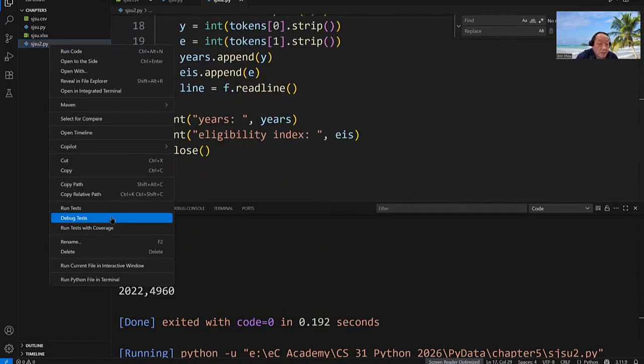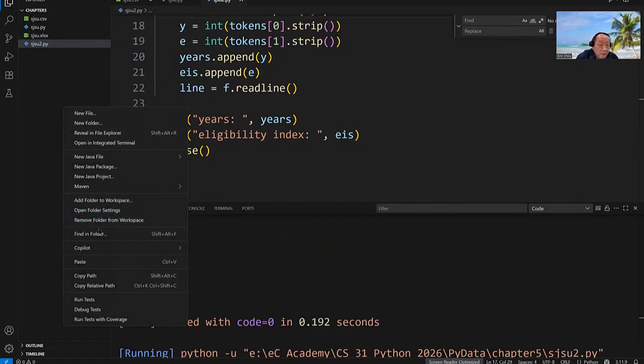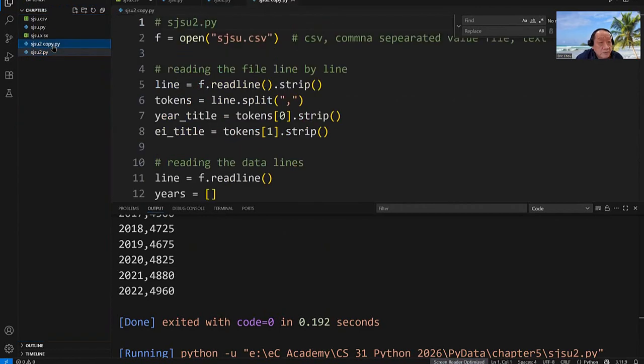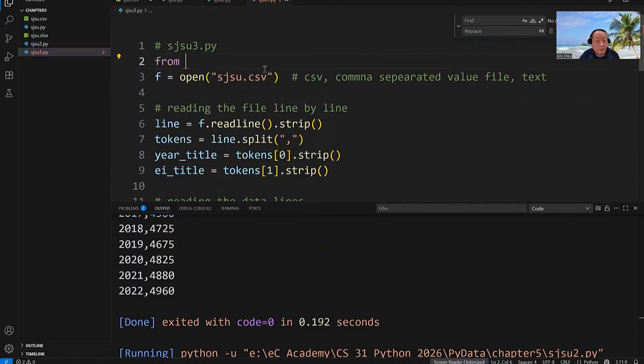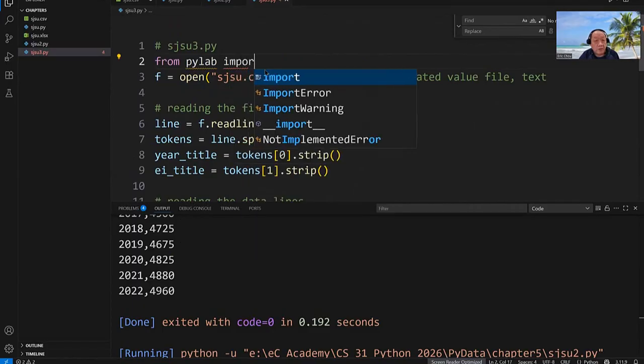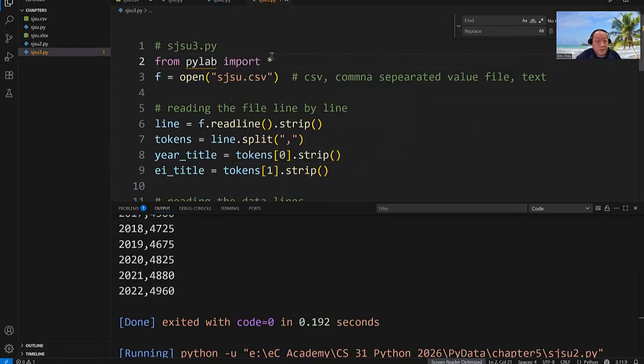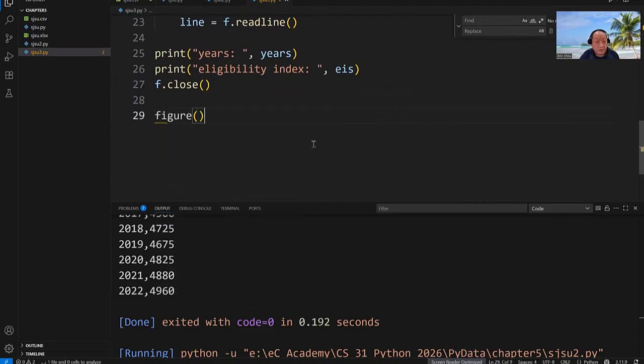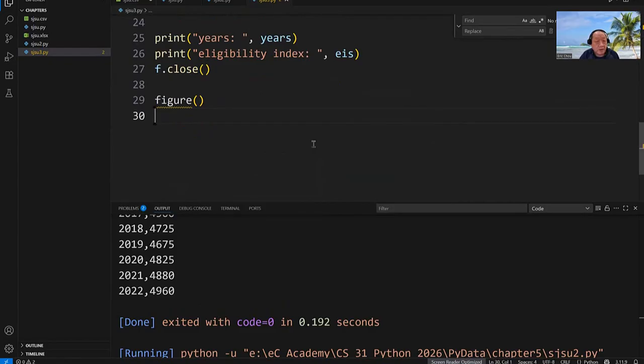Okay. Now let's copy this one to another file, called San Jose State number 3. In San Jose State number 3, we are going to do something more. Here we are going to do from pylab import star. This whole thing, no change. Here just do figure, and then show. And then let's plot